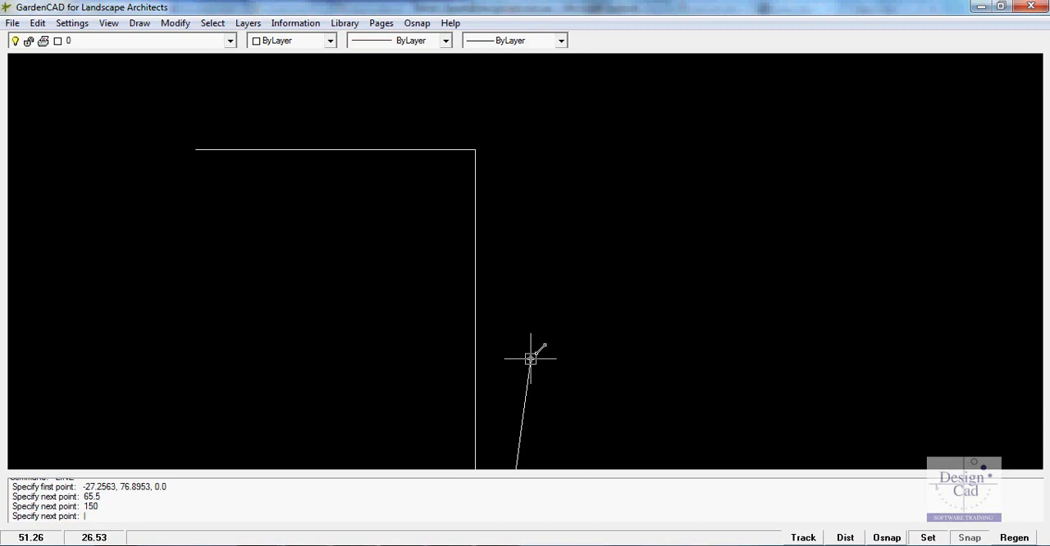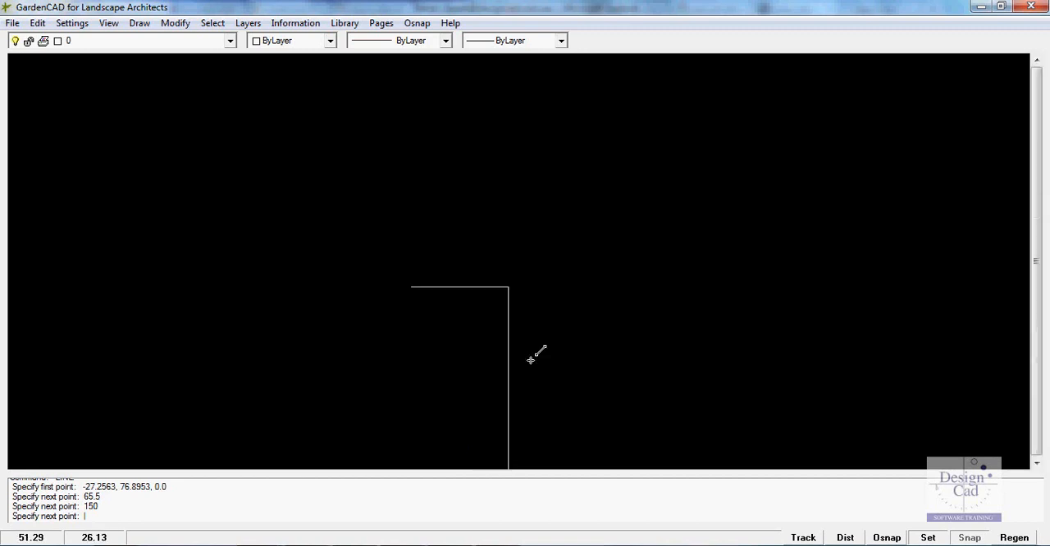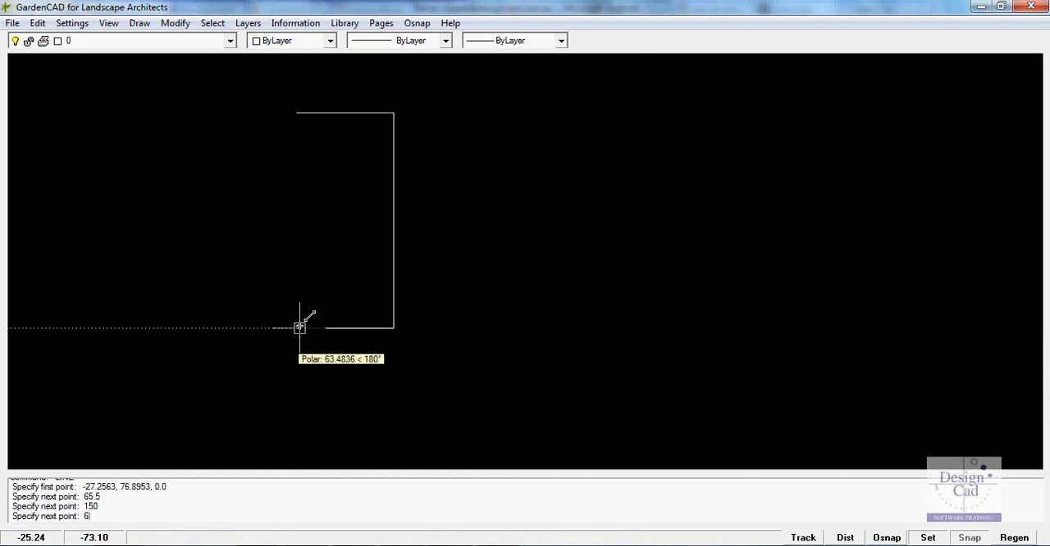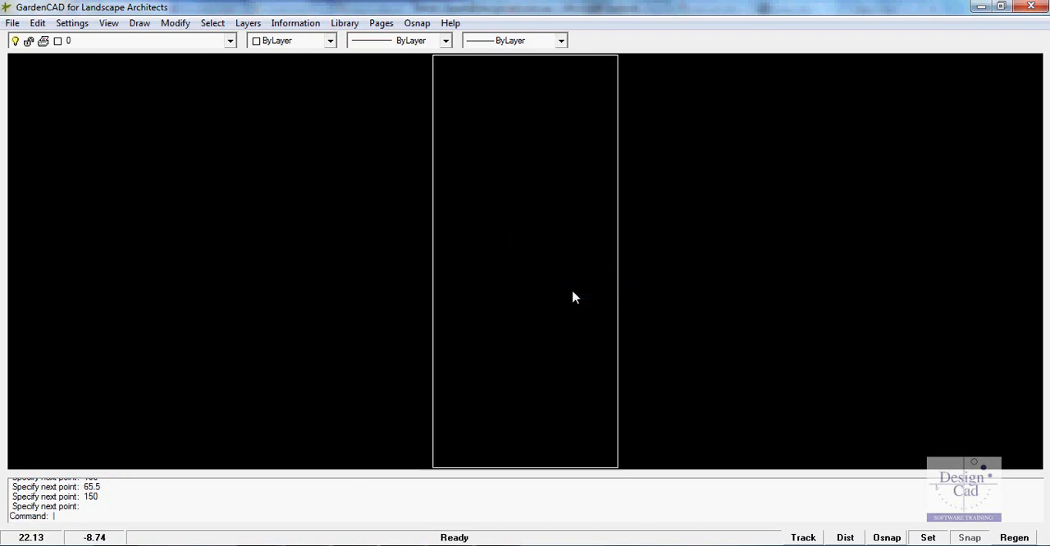end of the line, so I can use the wheel of the mouse to roll out, hold the wheel down and pan up, and then roll in again. Now I'm going to head in this direction 65 feet 6 inches, so 65.5, and come back up in this direction 150 units. Now I can right click to finish and then right click to zoom extents, and there is the long narrow